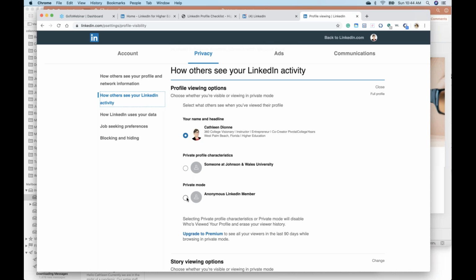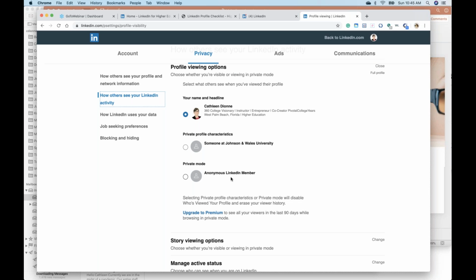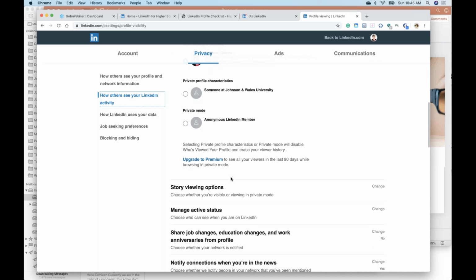Otherwise, every time you log into their profile, they're probably going to get an update about it. Not that you want to be secretive, but you don't want to necessarily seem like a stalker. And you can change this setting at any point. So maybe when you're done building your profile and you have been looking at this person's profile on a regular basis, you can go back to your regular self, but while you're building, you're in private mode. It's completely up to you. But I just did want to show you that option.